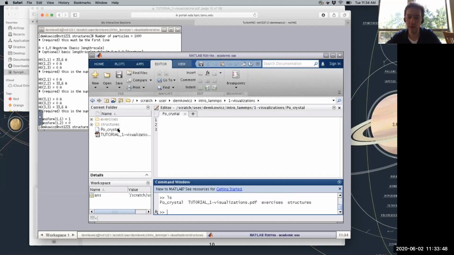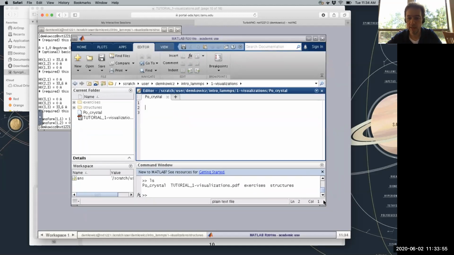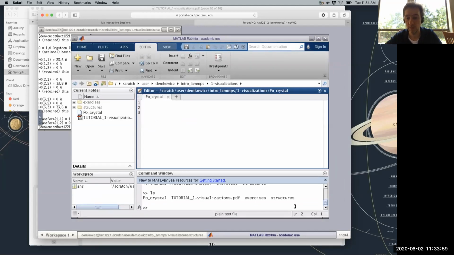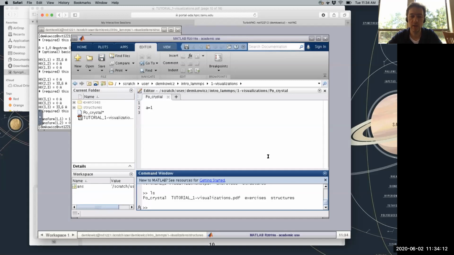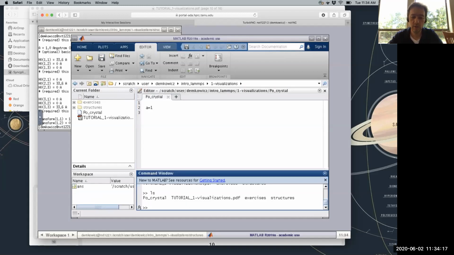And it also shows up here, right? Whenever I write something in this script, that basically is a command that I can execute in MATLAB by calling the script. So let's say that I have here a equals 1, okay? That basically is a command that creates a variable a and assigns the value 1 to it. So I'm just going to save. And now if I call this script PO crystal,